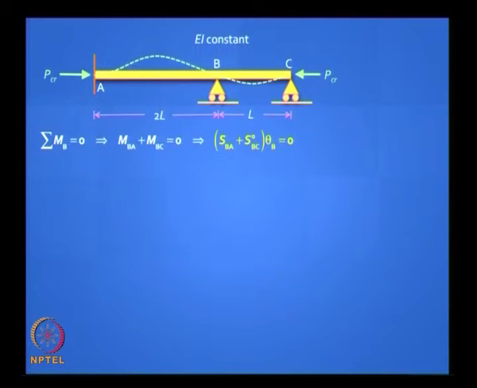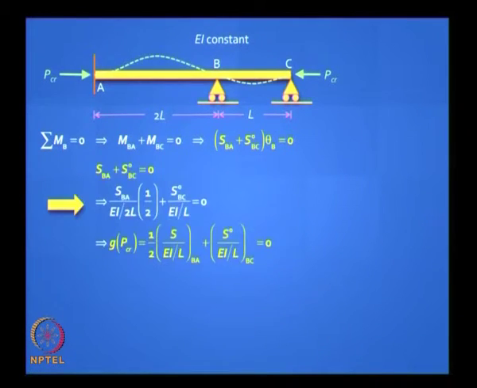Is the equation that I have written okay? MBA is SBA into theta B, there is no loading on that beam except for axial load P, and MBC is S naught BC into theta B, and the total moment must add up to 0, that is equilibrium. Now you have to write SBA and SBC in terms of P critical or mu L. So you have to do it in a clever way. Somehow you have to bring in mu into the picture. So if you divide throughout by EI by L,